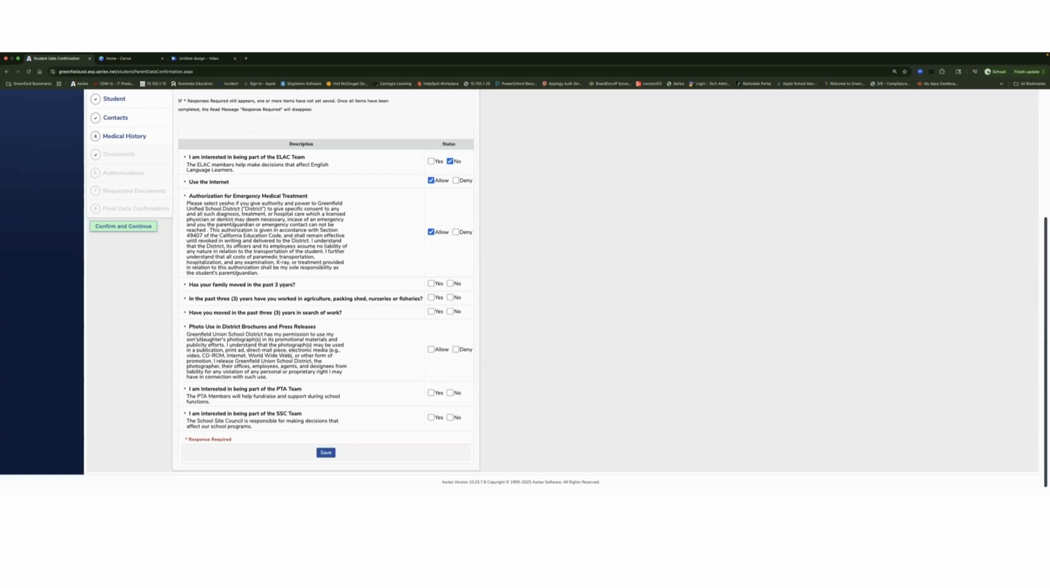Has your family moved in the past 3 years? You can select yes or no. In the past 3 years, have you worked in agriculture, packing shed, nurseries, or fisheries? You can select yes or no. Have you moved in the past 3 years in search of work? And you can also choose whether